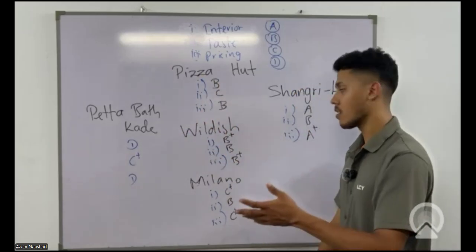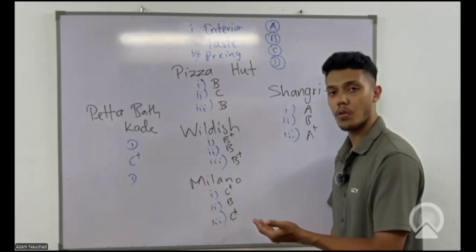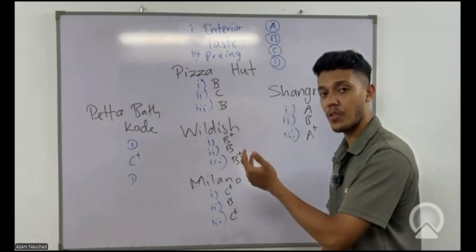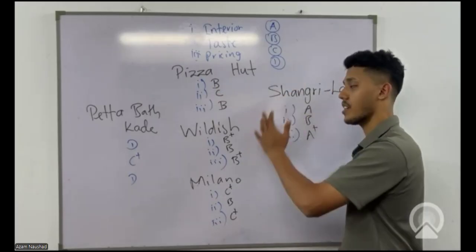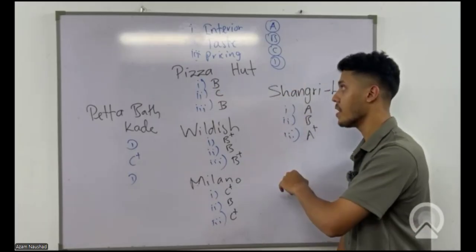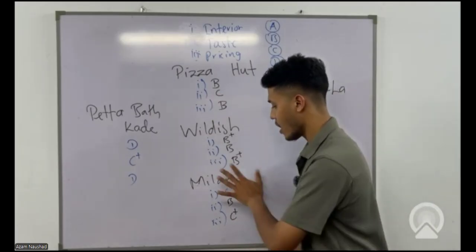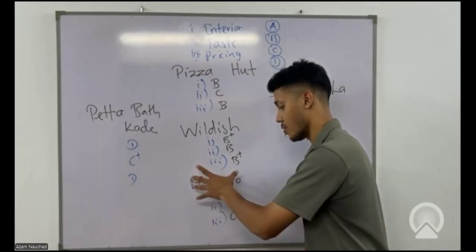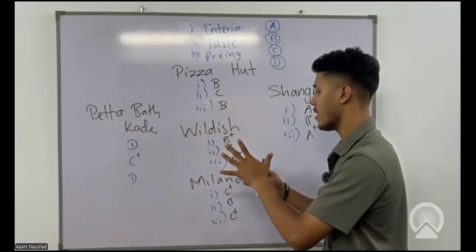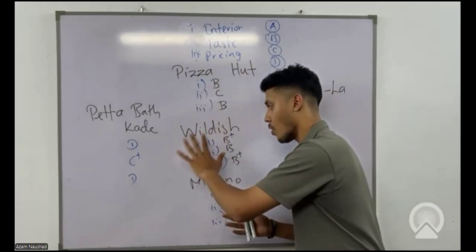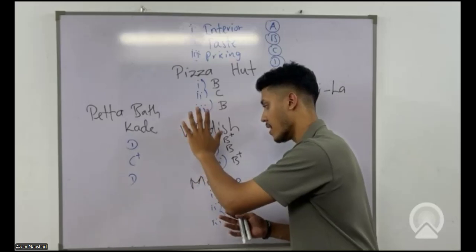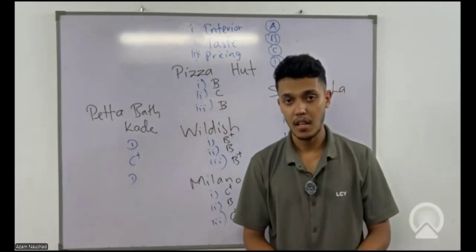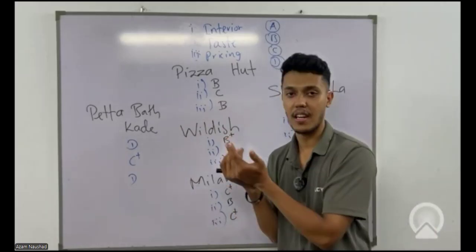And also, uncle, if you are going to a restaurant which is good in ambience, and let's say you need to try VIP food, next level five-star food, you can try Shangri-La, but it might be very expensive. But if you want some bakery items, if you need to try samosas, those kinds of stuff, yes, you can visit Milano. And recently we introduced Wild Dish, where you can try real authentic Sri Lankan foods. You would definitely give your uncle a general answer, right? An overall picture about the restaurant industry in Sri Lanka.